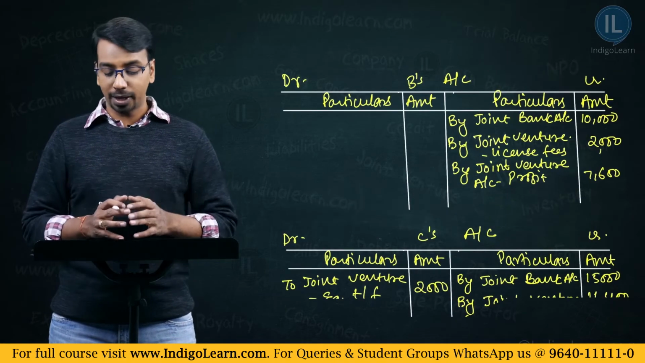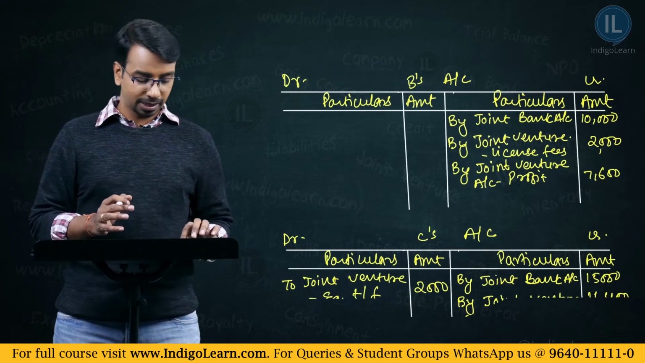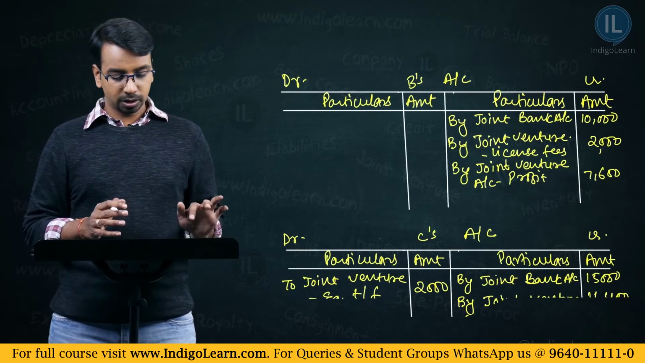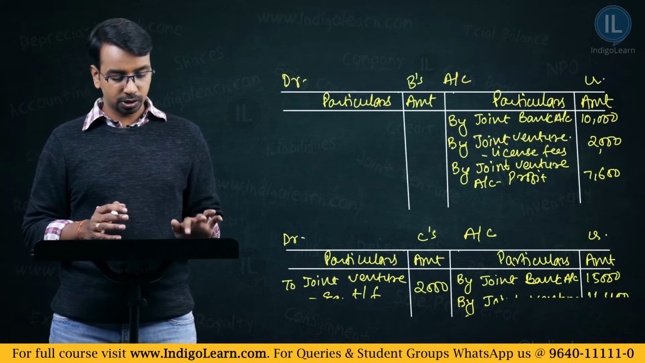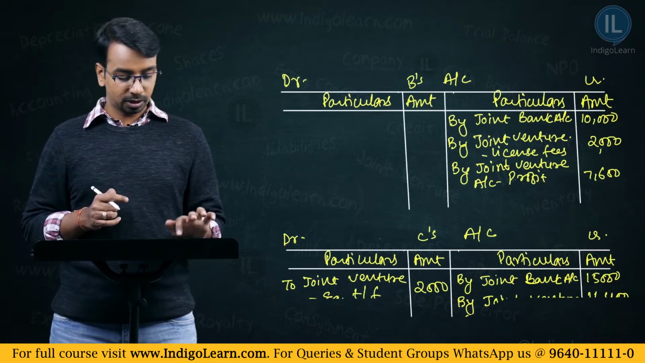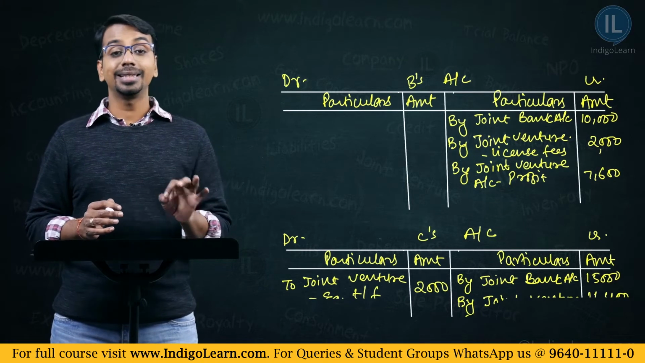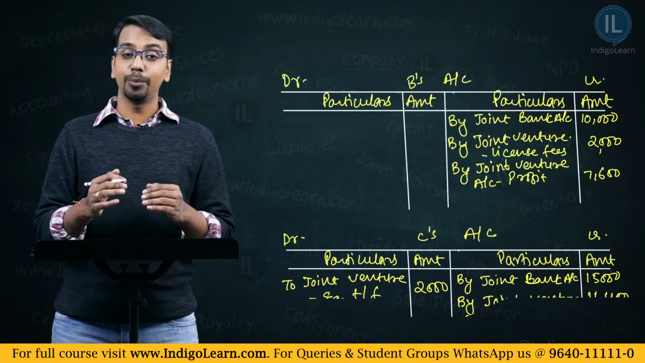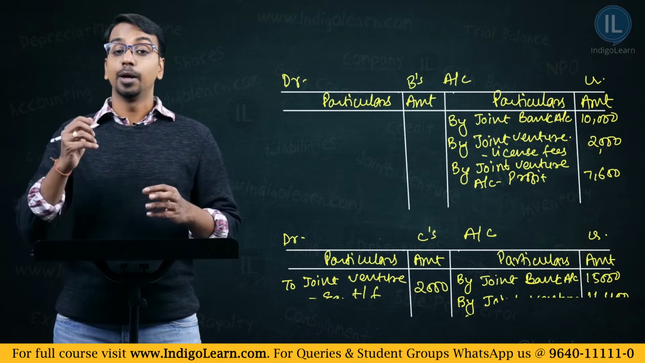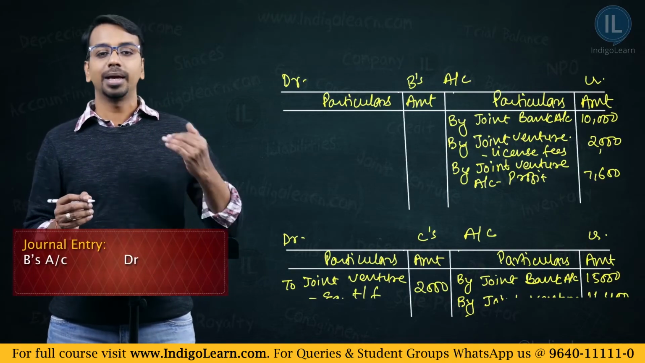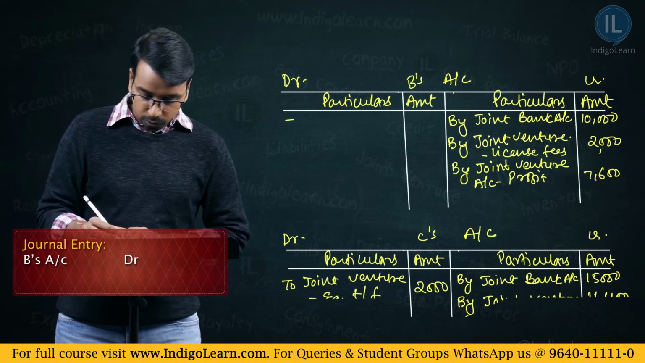So first let us have a look at B's account. If you look at B's account, you have 10,000 on the credit side plus 2,000 for the license fees, 7,600, that is towards the profit. 19,600 is payable to B. So what will you say? B's account debit, because you will pay the amount to B, to